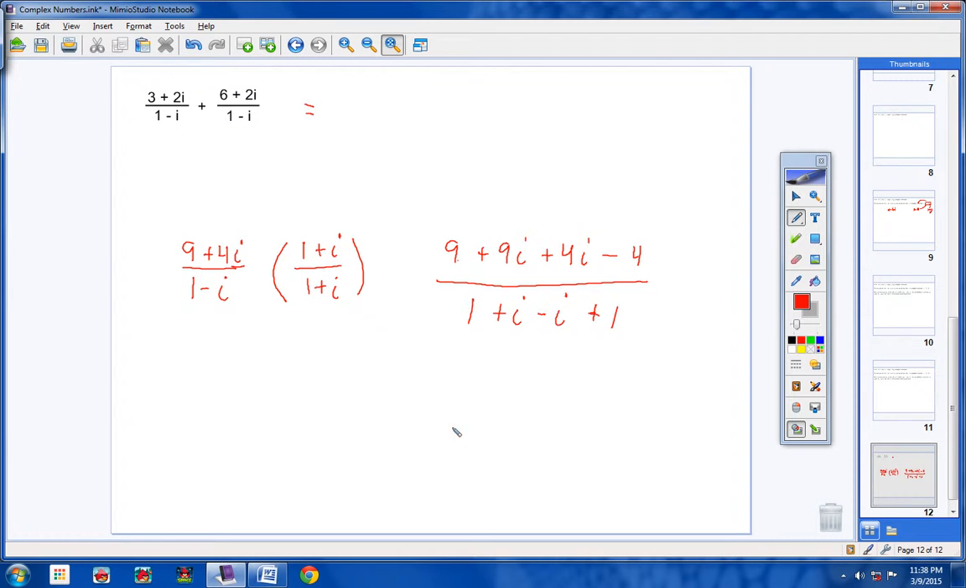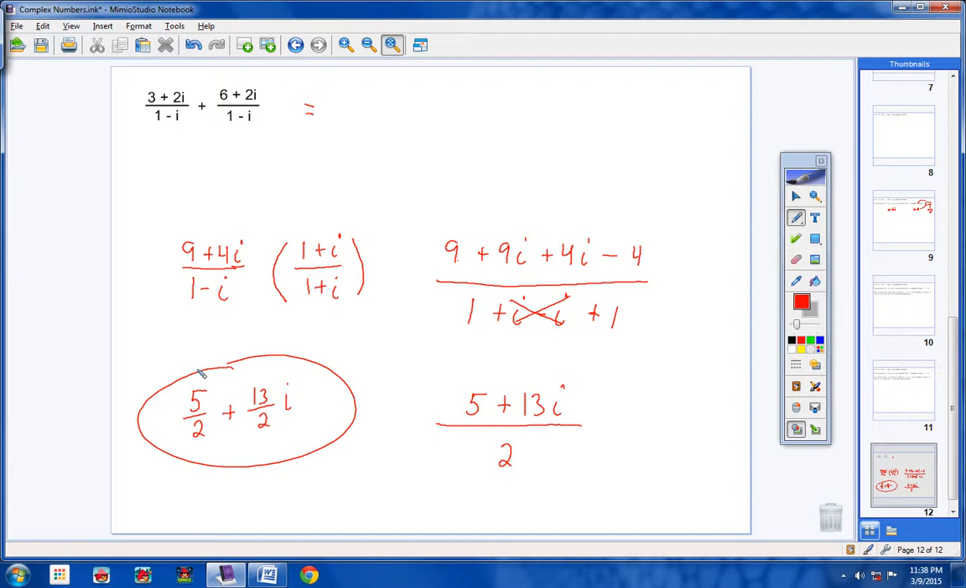Alright, now let's simplify. In the numerator, we'll have 5, 9 minus 4, and then plus 13i. Got it? Now the denominator, these cancel like they're supposed to. 1 plus 1 is 2. So let's write this in standard form. 5 over 2. And take your sign from here. Plus, and then 13 over 2. And then i right here. Okay? So the math today is really